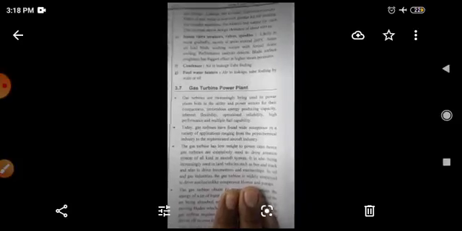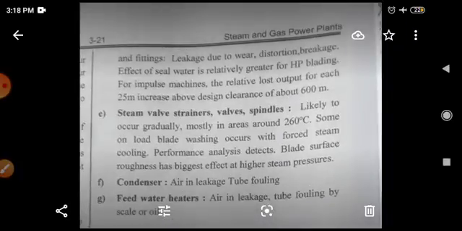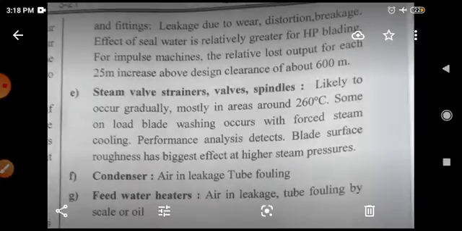And fittings. Leakage due to water distortion, breakage. The effect of seal water is relatively greater for HP blade. For impulse machines, the relative lost output for each 25 meter increase above design clearance is about 600 meter. Steam valve strainer, valve spindle, likely